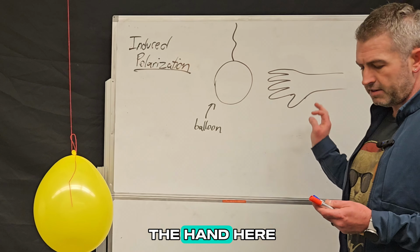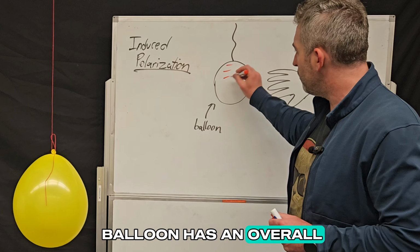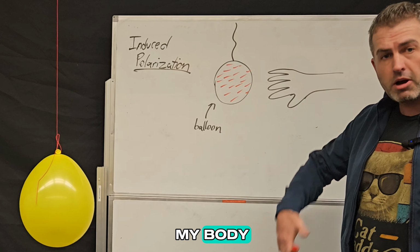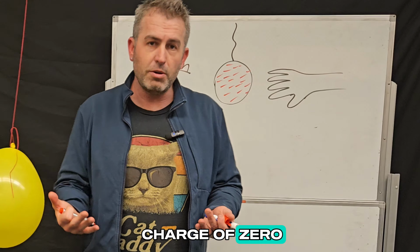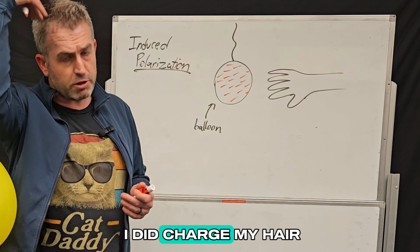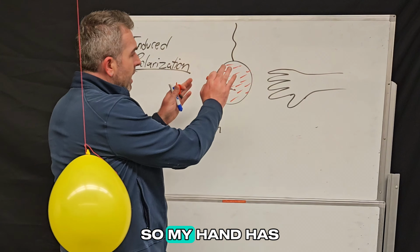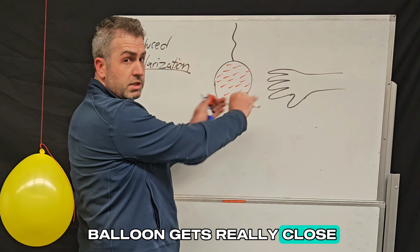So going back to the hand here, actually, let's focus on the balloon first. Remember, we said the balloon has an overall negative charge. So I'm going to draw a bunch of negative charges inside of it. And the hand, or my body, is electrically neutral because I have a net charge of 0. I have an equal number of positive and negative charges. Now, of course, I did charge my hair, but if I focus on other parts of my body, we can consider them basically neutral. So my hand has negative charges, and when this negative balloon gets really close, what happens